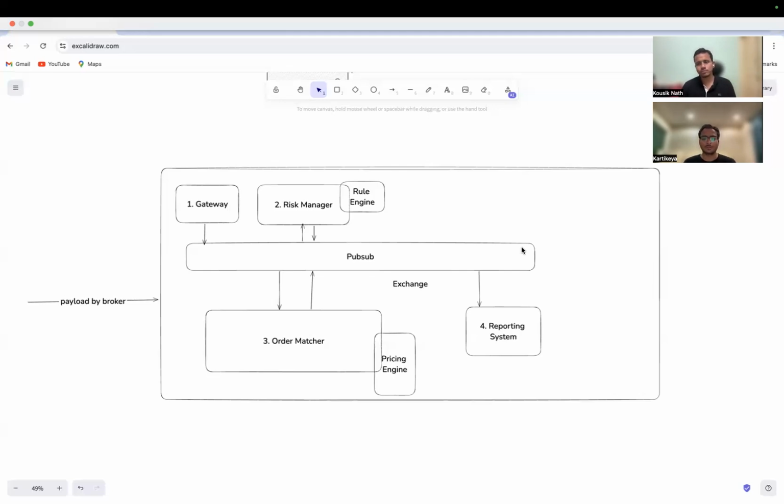I think one thing, let's discuss that reporting system. Before we move on to that, do you have any idea about how you actually publish the reporting data? Because there will be multiple brokers who will be needing this reporting data, right? Do you have anything in mind how this reporting data can be published